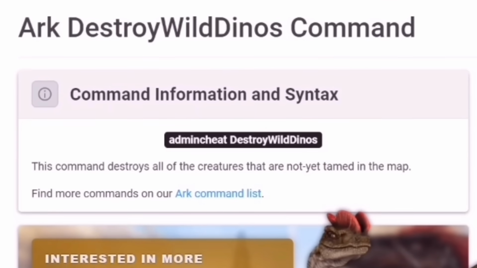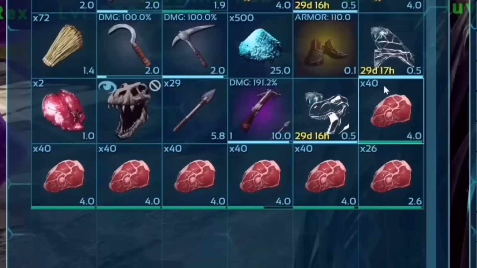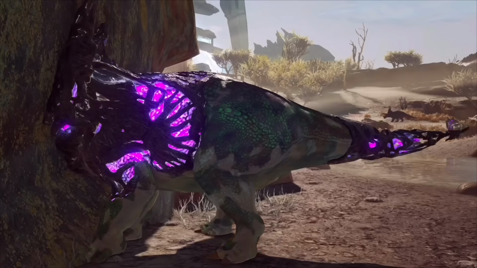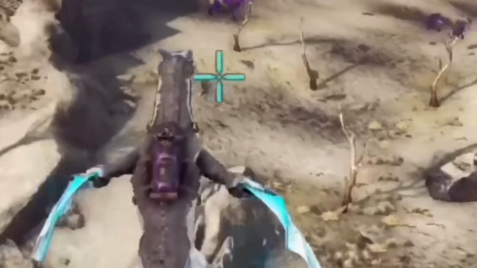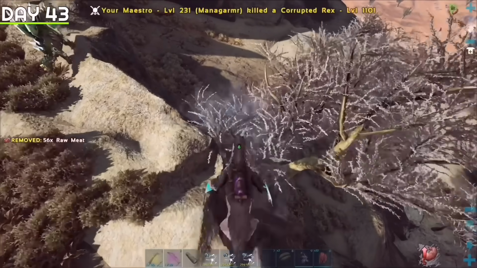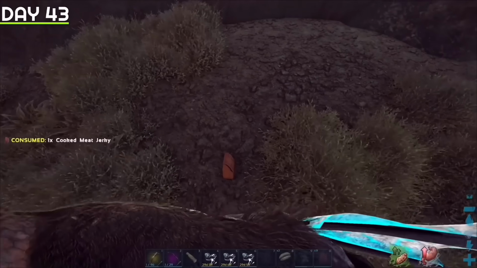So I thought it was time to use our very first cheat, Destroy Wild Dinos, and it helps a lot. The only creature that never ran out on this map were corrupted dinos, and they have something I want. I killed a corrupt Rex to claim his corrupt heart, which was in the death bag, but when I went to grab it,